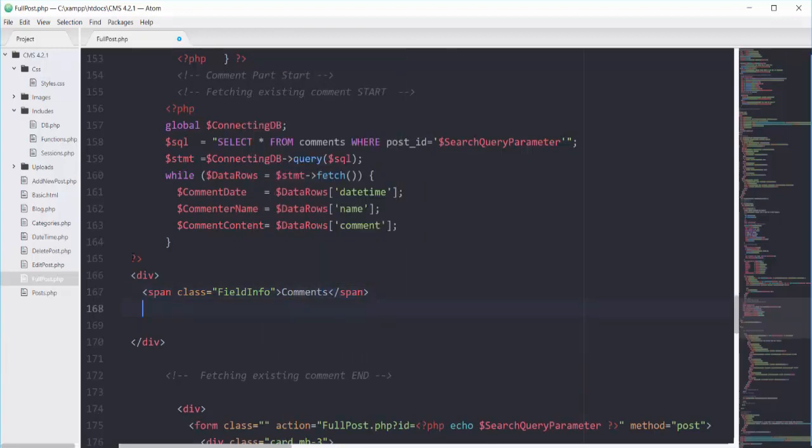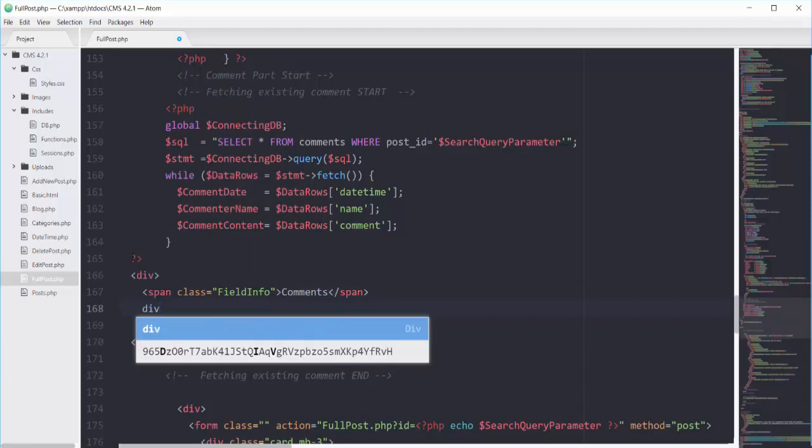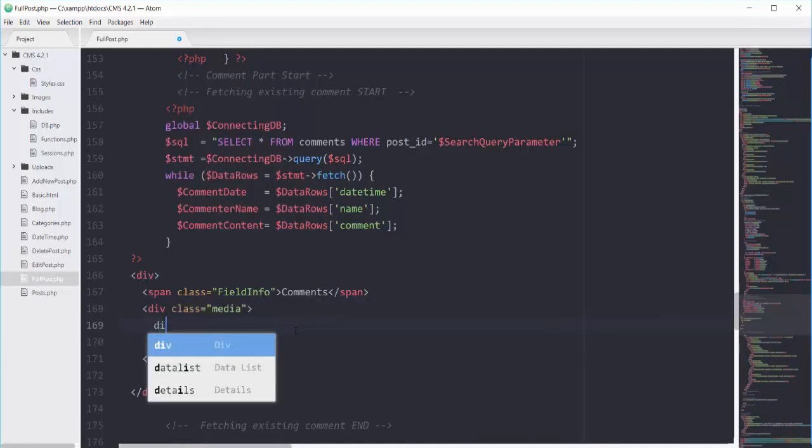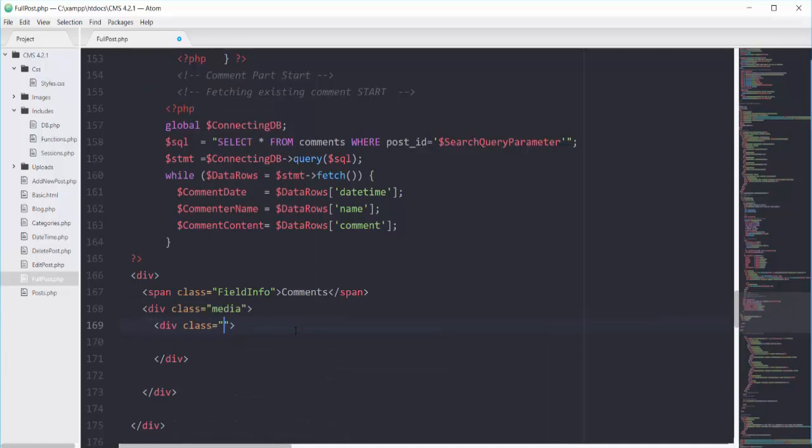Then we will have one div with the Bootstrap class of media, and inside this div we will have another div with the Bootstrap class of media body.